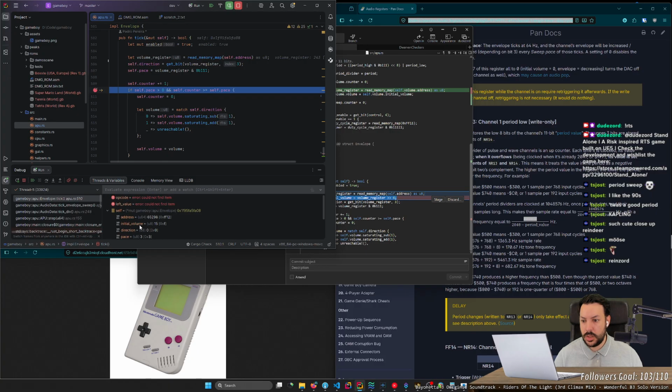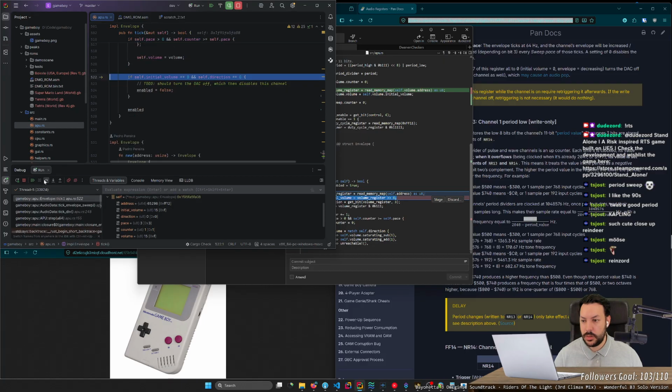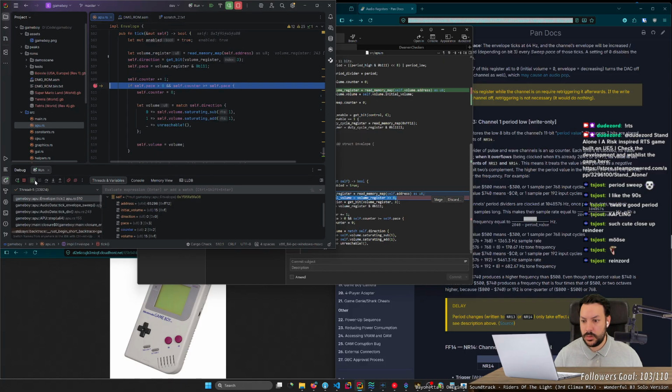So counter is okay. Pace is 3, counter is 1. So this shouldn't do anything. Counter is 2, this shouldn't do anything. Counter is 3. I reset the counter and the volume is now 14. Pace is still 3. 1, 2, 3.